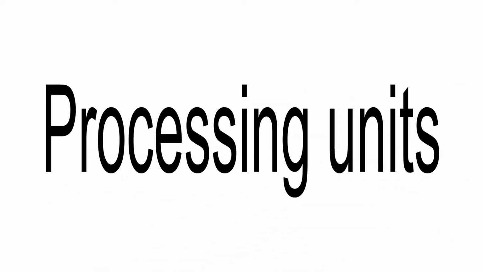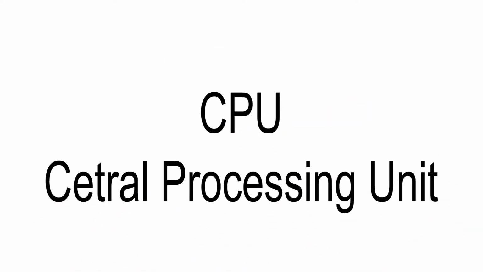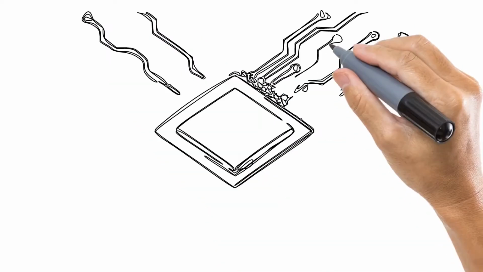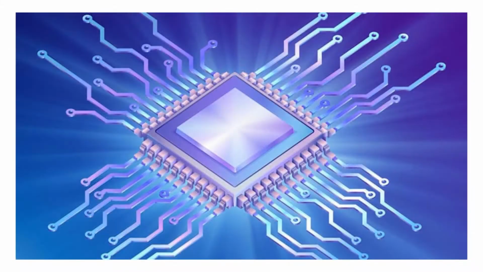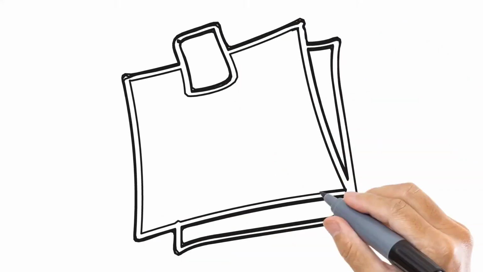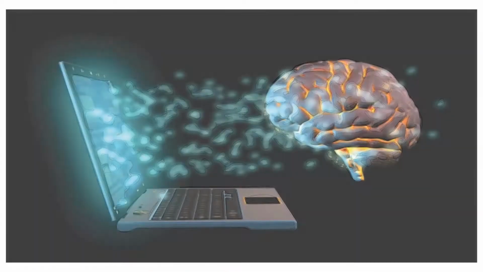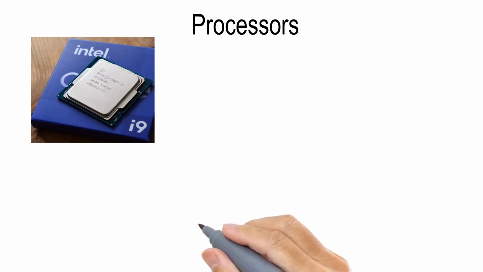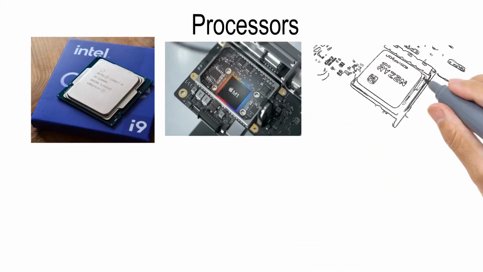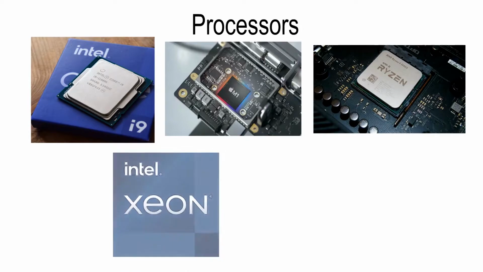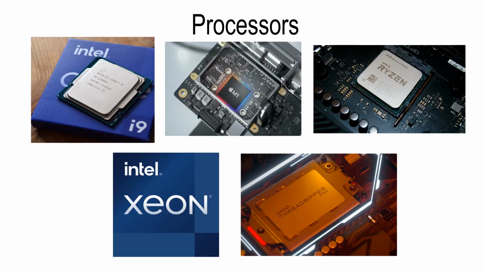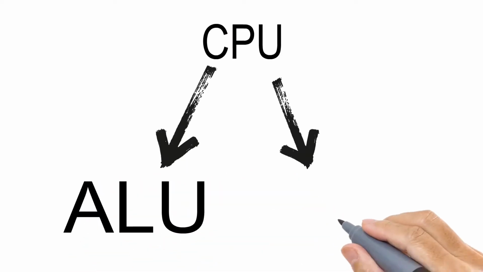First we will talk about the processing units. Now the first processing unit, or the main processing unit, is the CPU or the central processing unit. It is considered the core of the computer that governs, guides and directs the functioning of the computer to process data and produce an output. It is considered the brain of the computer and the smallest part. Some examples of processors are Intel Core i9-11900, Apple M1, AMD Ryzen 9 5950X, Intel Xeon processors, AMD Threadripper processors, etc. It has two components, namely ALU, arithmetic logic unit, and CU, control unit.